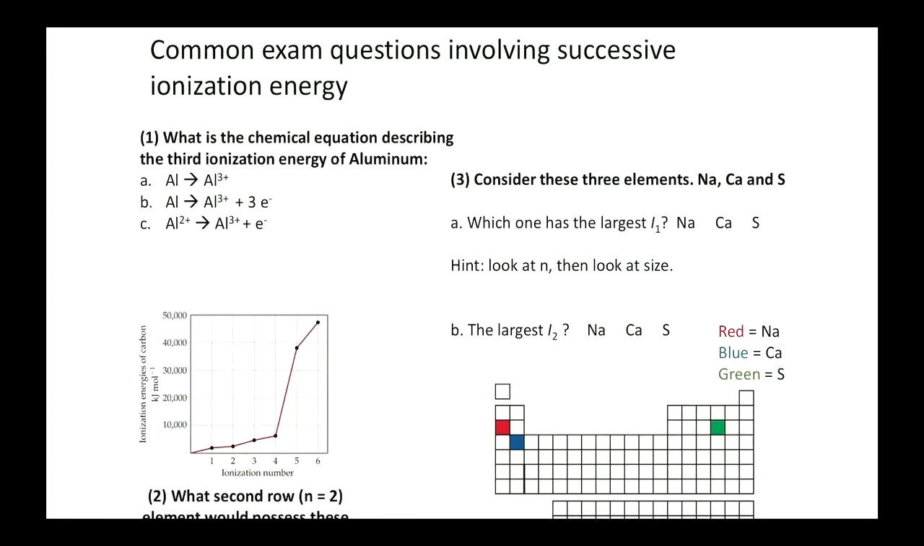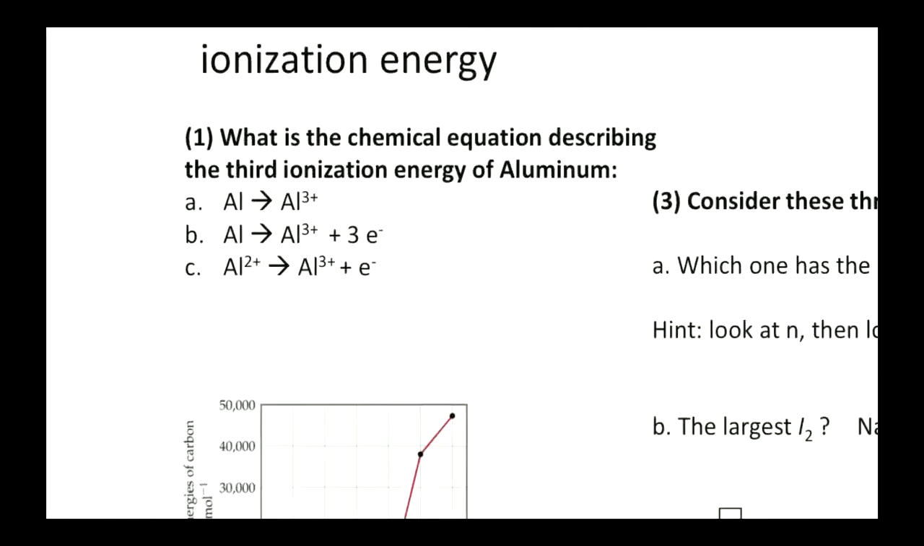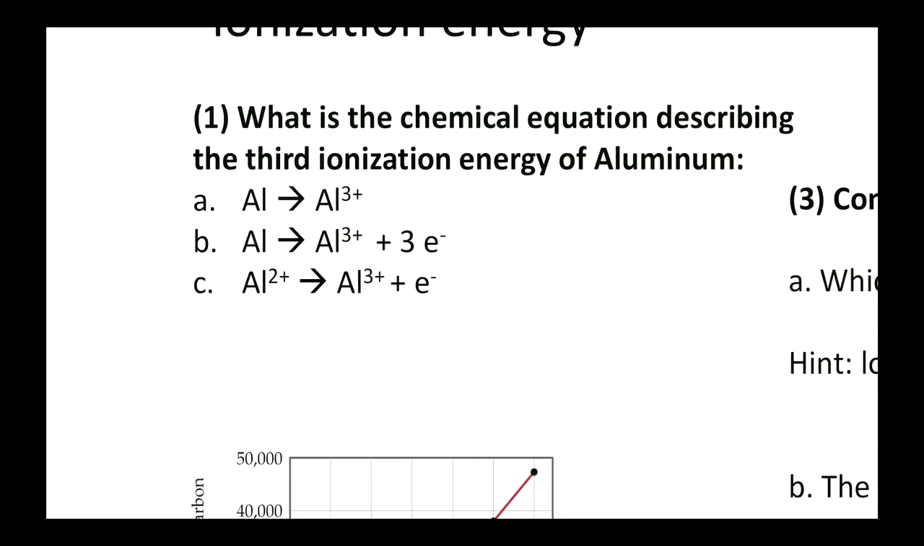Okay, so these are common exam questions involving ionization energy. Let's look at the first one. What is the chemical equation describing the third ionization energy of aluminum? A, B, or C? What was the hint I gave you for successive ionization energy? It's the energy to remove an electron,